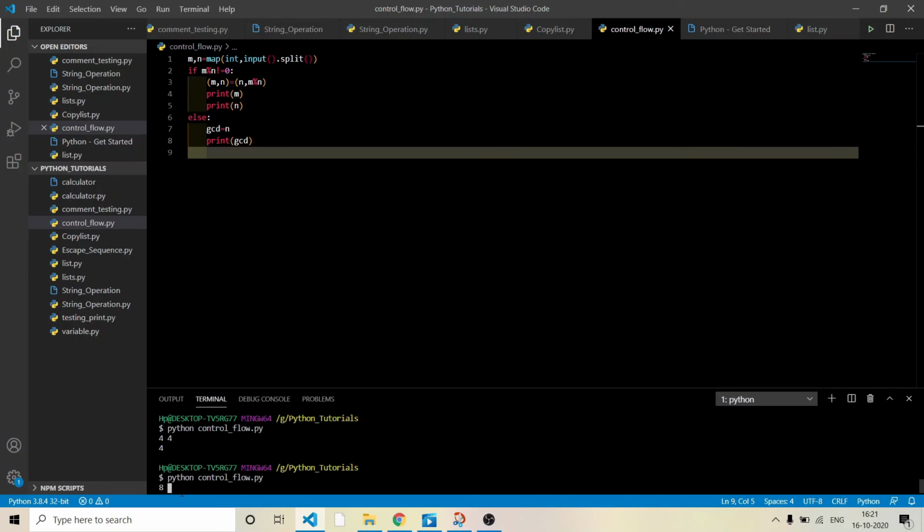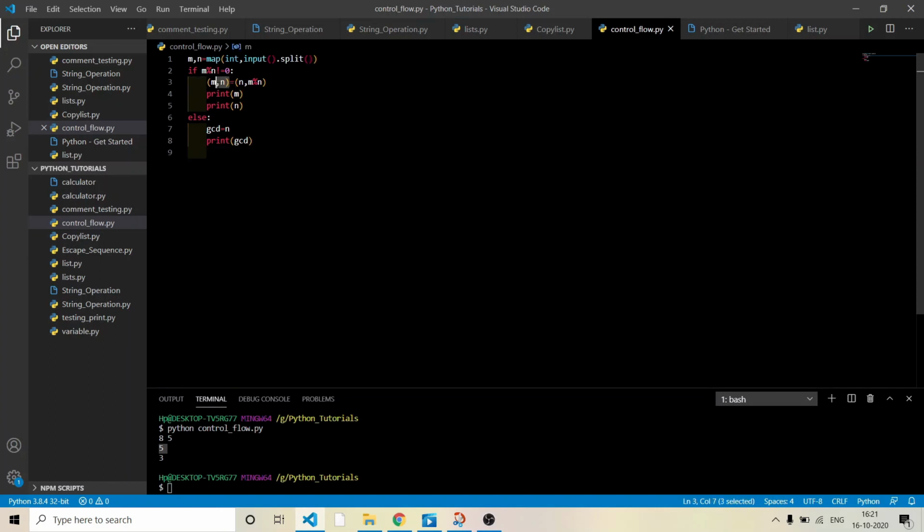So see, the value of n has gone to m. You can see first I print m, then the value of n is replaced by m remainder n, that is the remainder of m divided by n. So what will be the remainder of 8 divided by 5? It will for sure be 3. So that's why our remainder is 3.